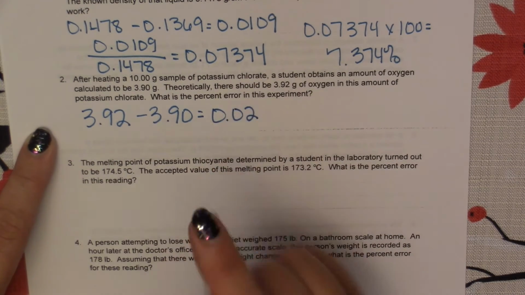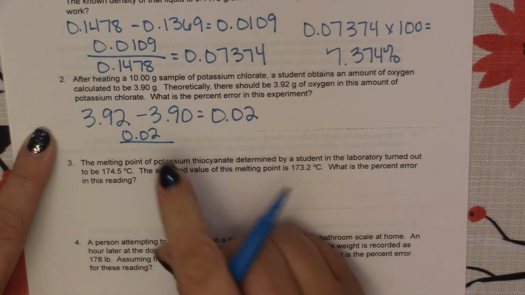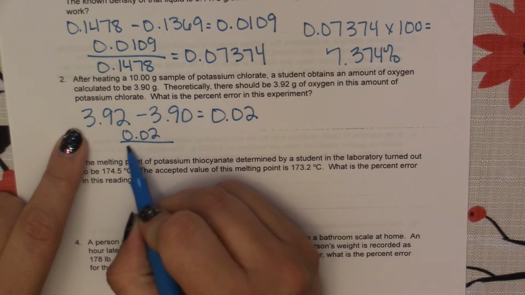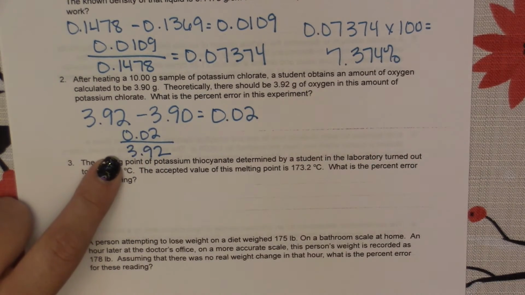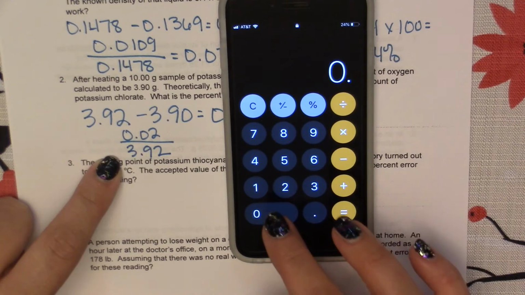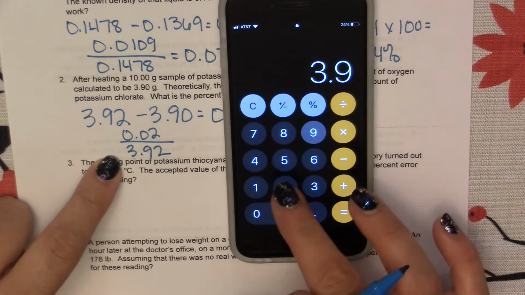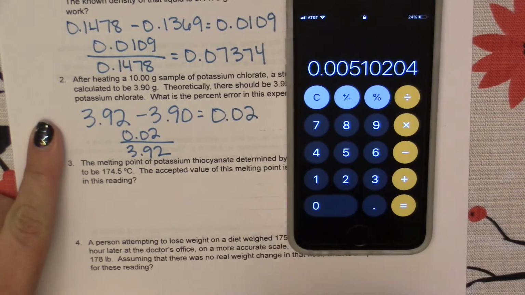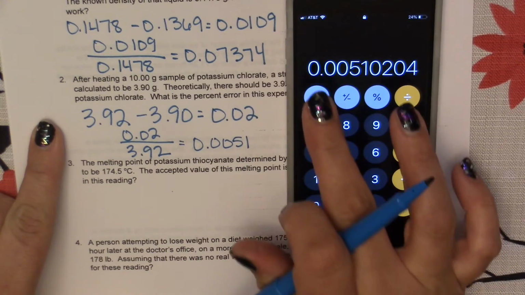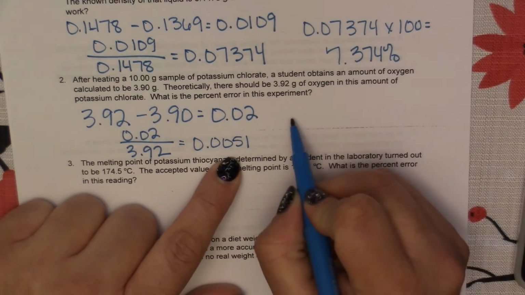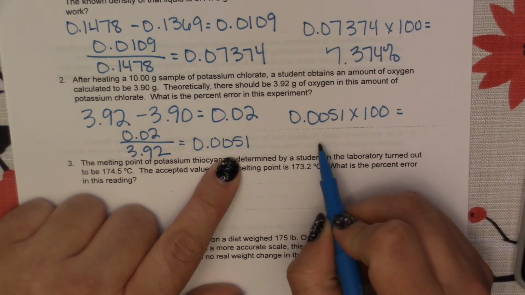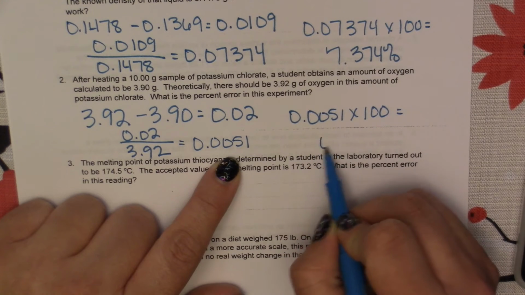So now we're going to take the difference and we're going to divide it by the actual amount. So that would be here where it says theoretically, it should be 3.92. So we're going to take and divide by 3.92. All right, 0.02 divided by 3.92, we get a decimal of 0.0051. Then we're going to take our decimal and change it to a percent. 0.0051 times 100. That gives us a percent of